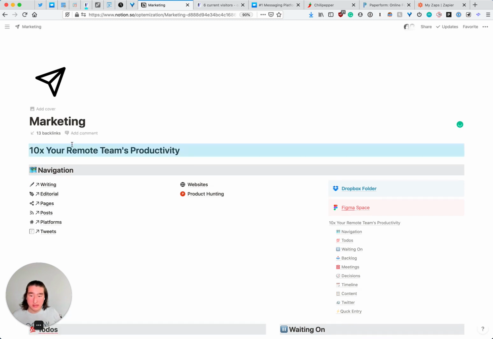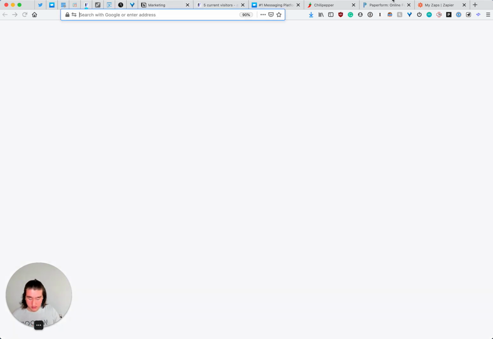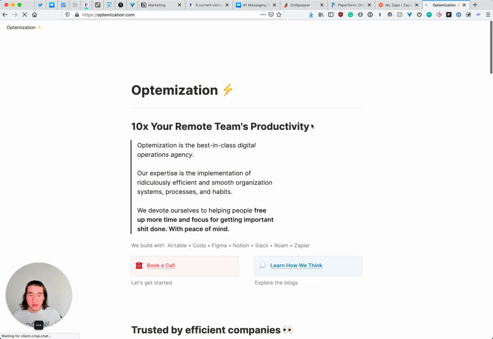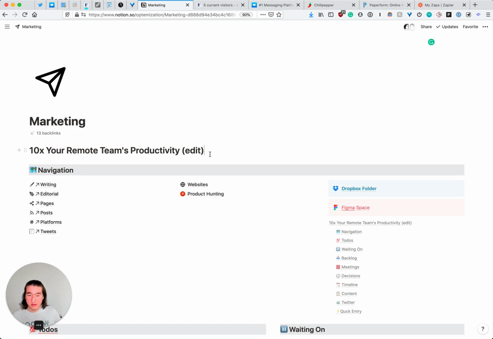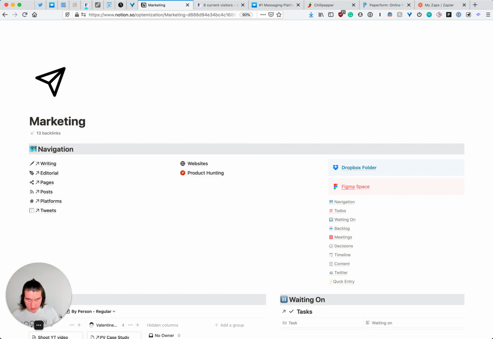So you see this is the same header that's on optimization.com, and if I edit it, you will notice that on optimization.com, once it propagates, it will change as well, hopefully. Yes, there we are. So it took a while, but yes, it does edit. As you can see, the global blocks are particularly handy, and make sure whenever you remove a global block, you don't delete the actual text, you just delete the block. So anyway, let's go back to